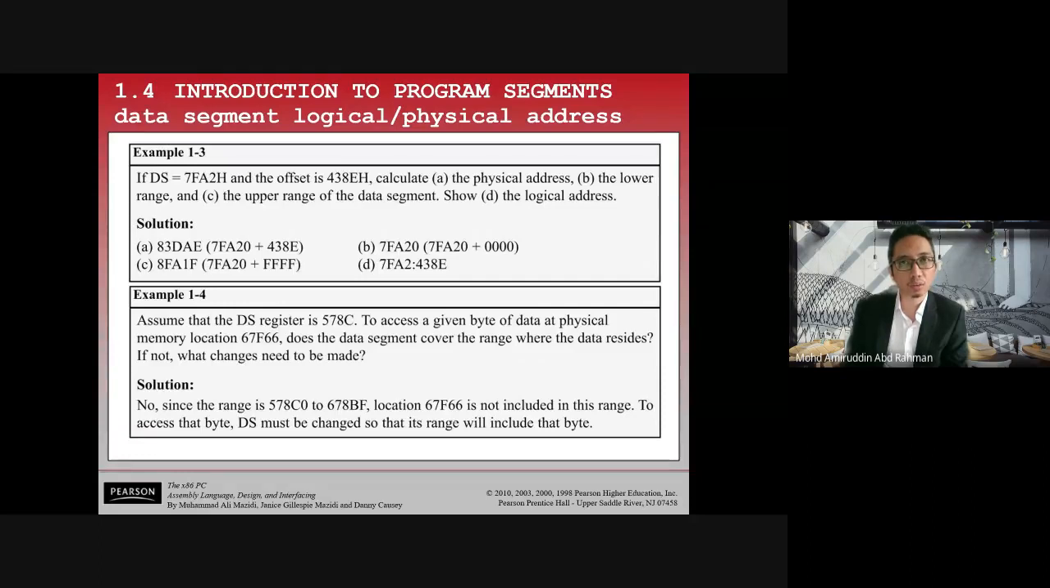And then we add that with 0000. Of course, it will still be 578C0. Okay, and then for the upper range, we need to add FF. So it will become, okay,